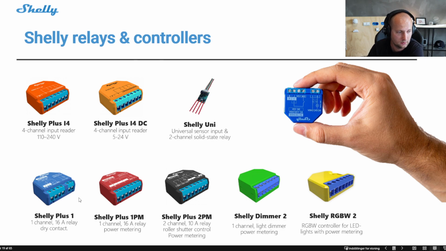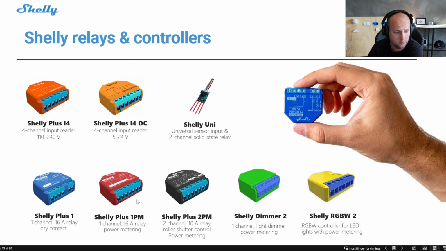So this is what the dry contact does, and because of that, this device is often being used for controlling garage doors, because this is typically a requirement for garage door motors, or to control lighting or pumps or something like that. This is one of our most popular products.